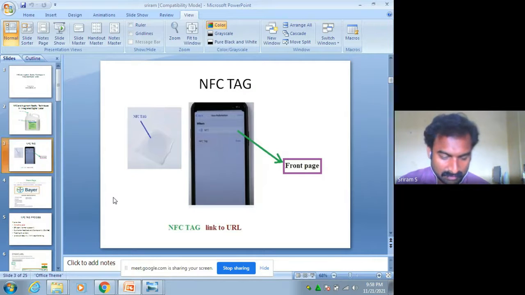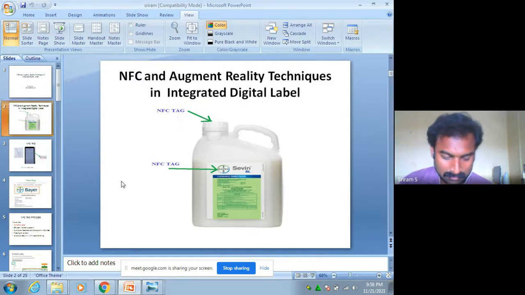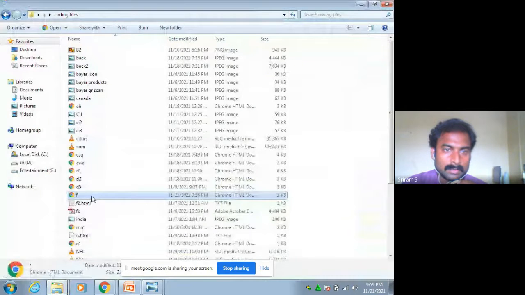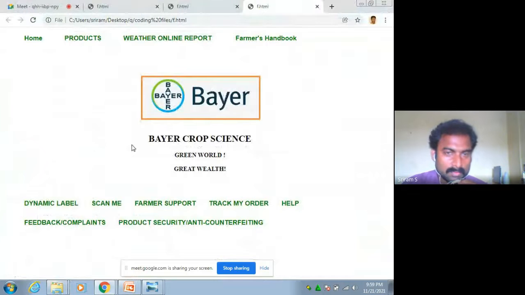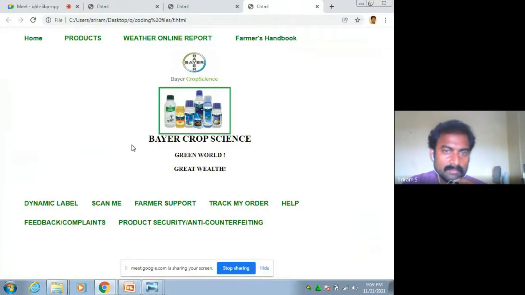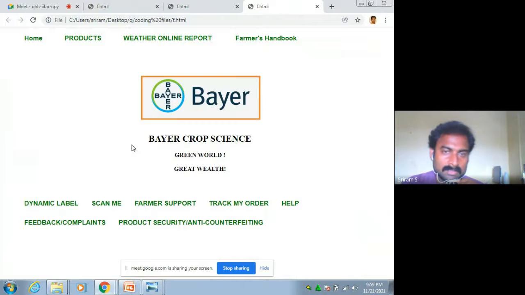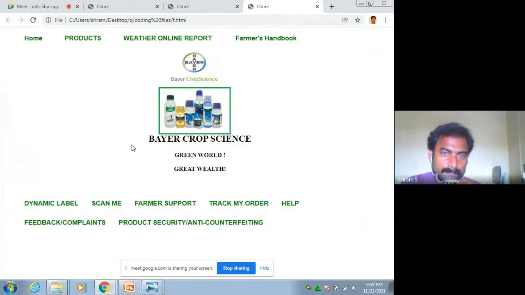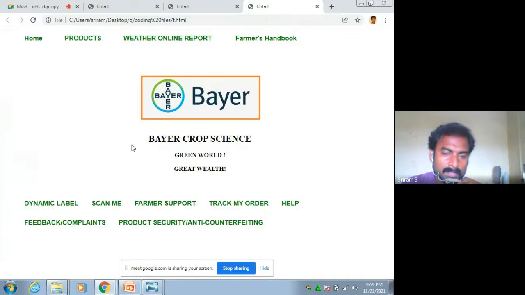of NFC technology is that there is no need to scan and no need to download any application. You just bring your smartphone near the tag itself. It leads to a page, and our friendly page looks like this. You first check whether your phone has NFC support. Using this NFC tag, you can get nearby the